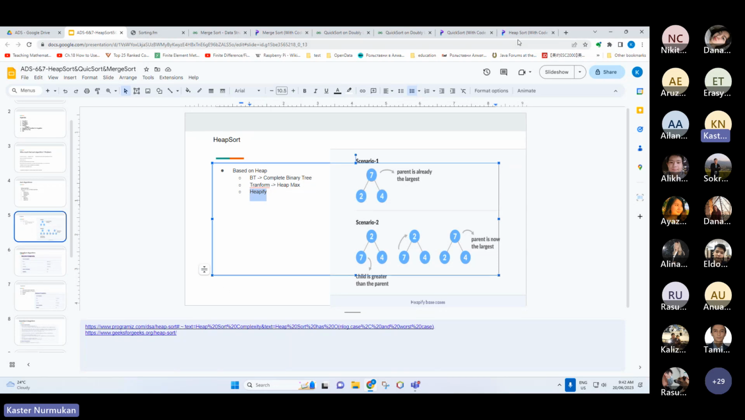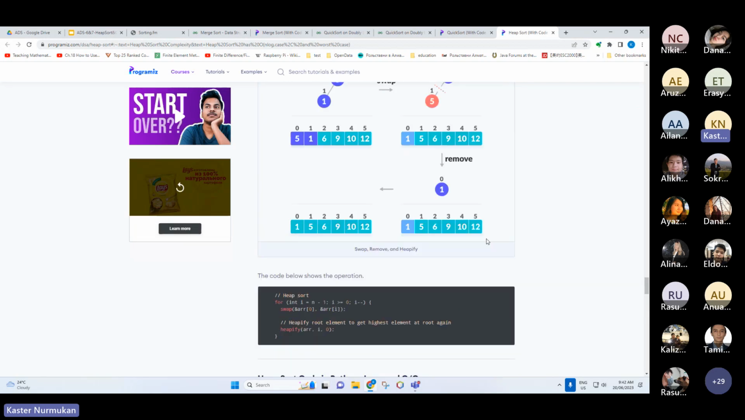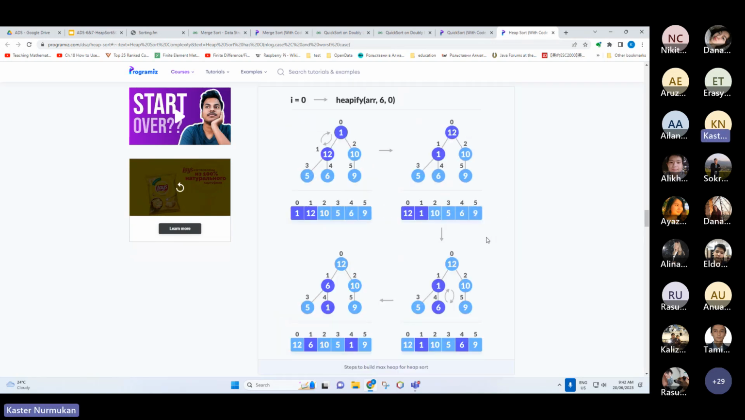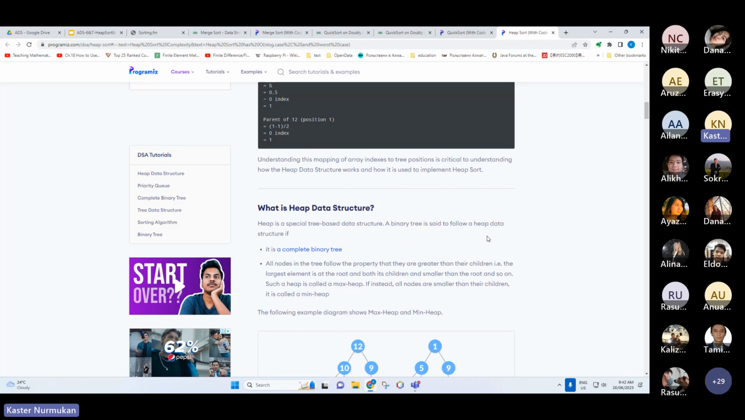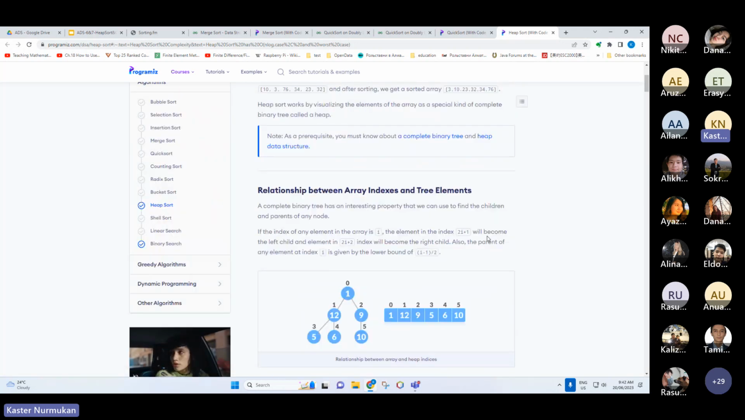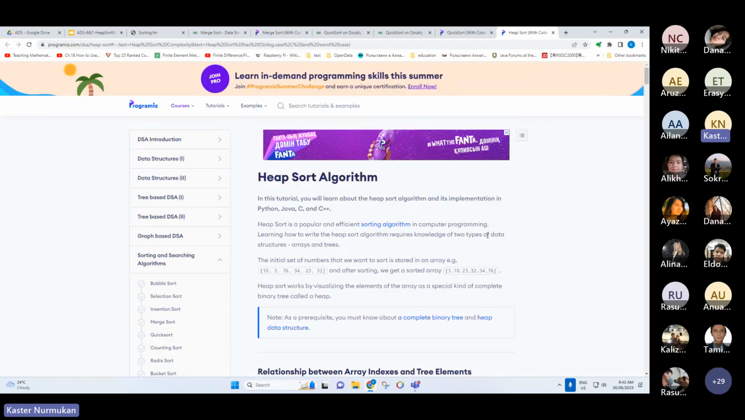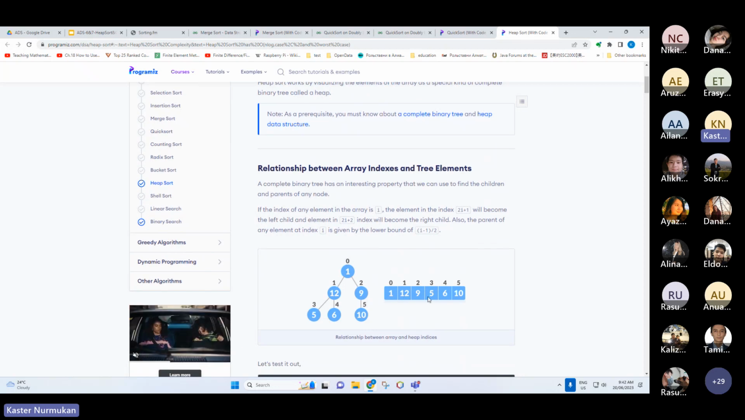Let's talk a little bit about Heapsort. I think you already understand what a complete tree is. You are able to convert from the complete tree, the tree structure, to a linear structure. It would be useful to your thinking, right? Because we first learned which one? We first learned